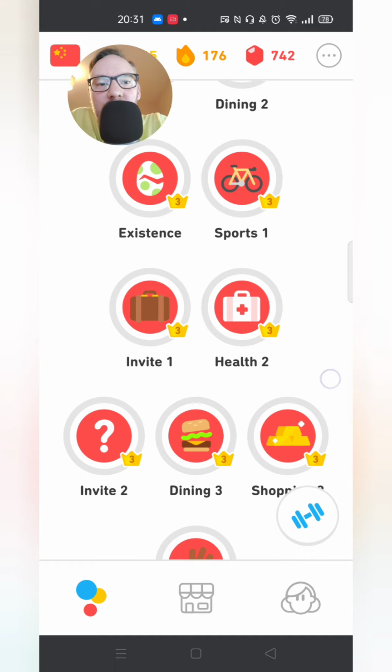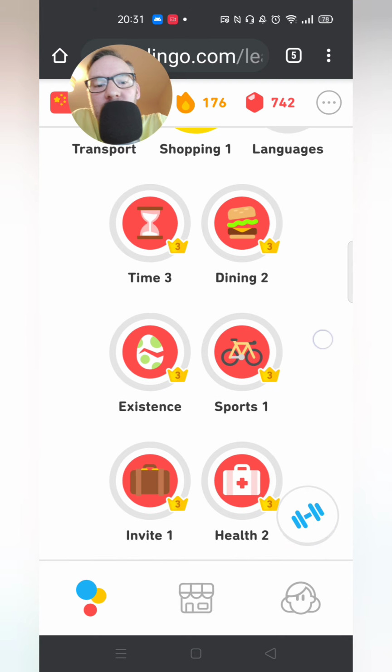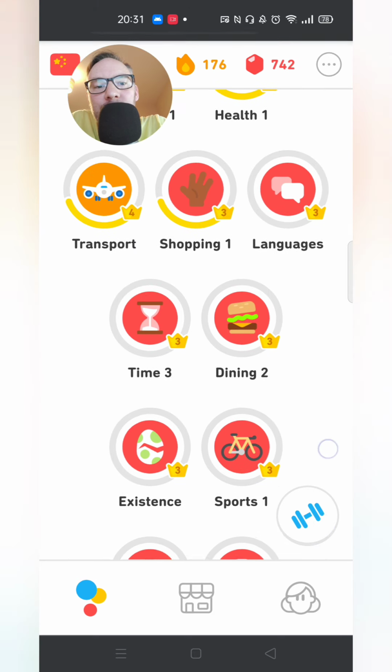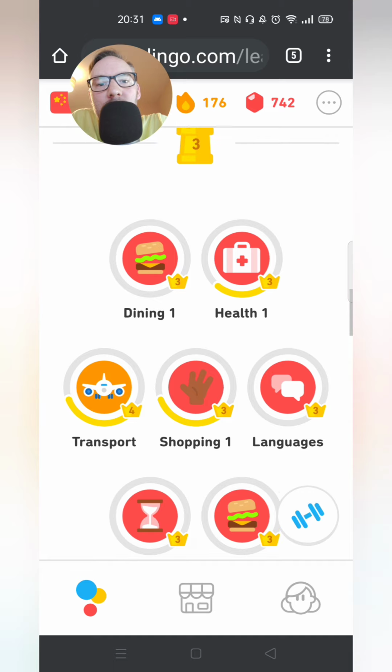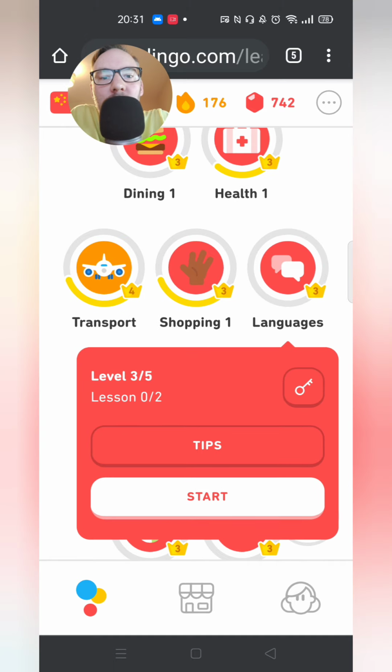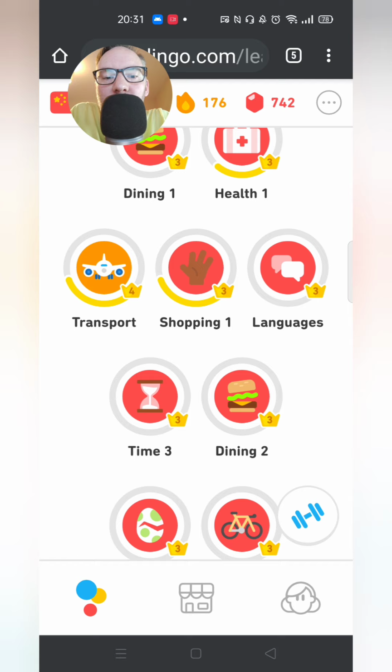So I've been doing lots of languages on Duolingo, and I'm starting to forget my Chinese. So I thought that I would brush up a little bit using Duolingo.